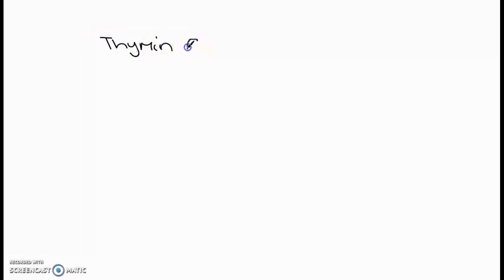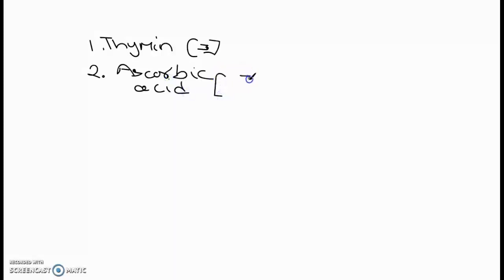So in that opposite match the following, it will be number 3, that is B1, thiamine. The chemical name of B1 is thiamine, and the second one is ascorbic acid. Ascorbic acid is the chemical name of vitamin C, and that number is 7 in your assignment that I have given to you.